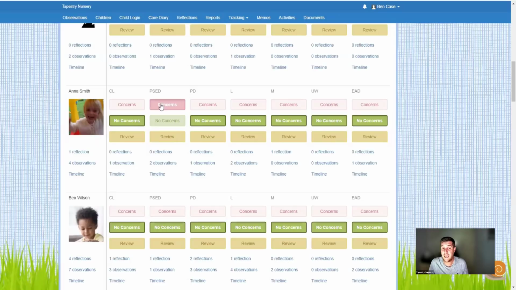You're doing your planning anyway. That's part of what you do every day. When Anna is then accessing those new provisions that you put in place, maybe it's when you want Anna to share things, you support and model. If Anna is then accessing it and figuring out, actually, this is what I need to do, that's when you change them to a no concern. Likewise for children